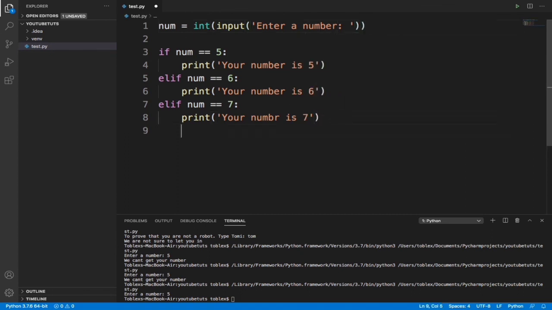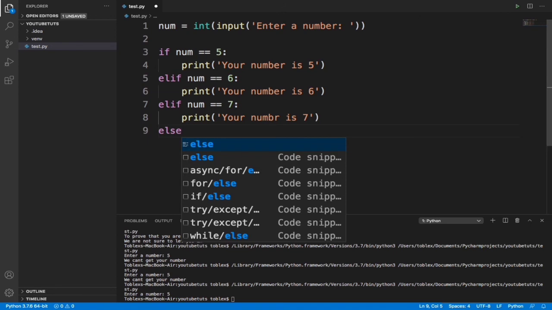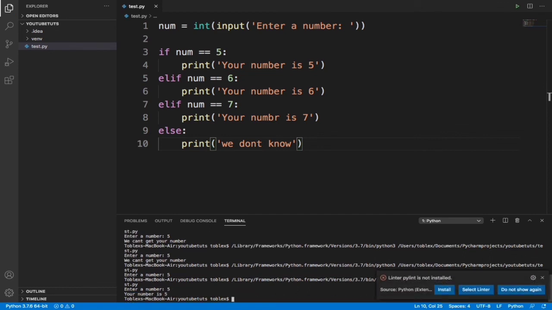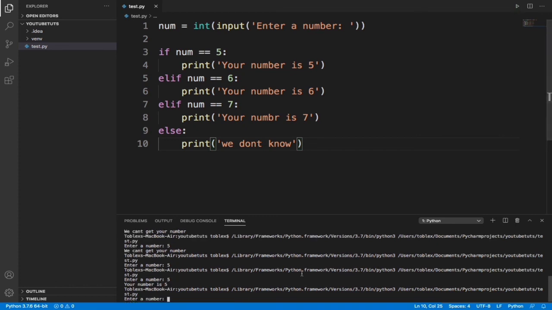Let's define our else again. Else, print we don't know. Okay, let's try that again. Now when we enter 5, see, it said your number is 5. Now let's run it again.